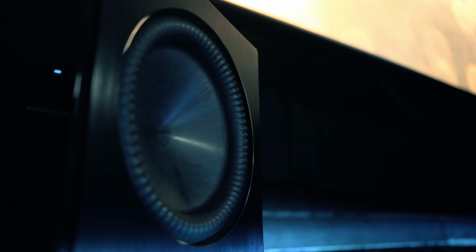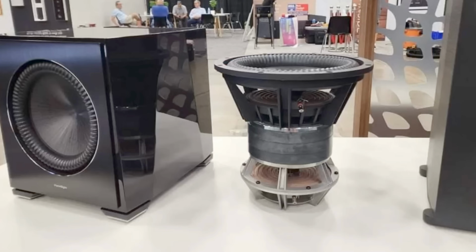of much bigger subs. I think it's been impressive that we've been getting these smaller enclosures with smaller drivers that can belt out huge low-end response and sound extremely clean while doing it. I'm sure the double-stacked motor structure is the real hero with the amount of excursion this needs to dig this